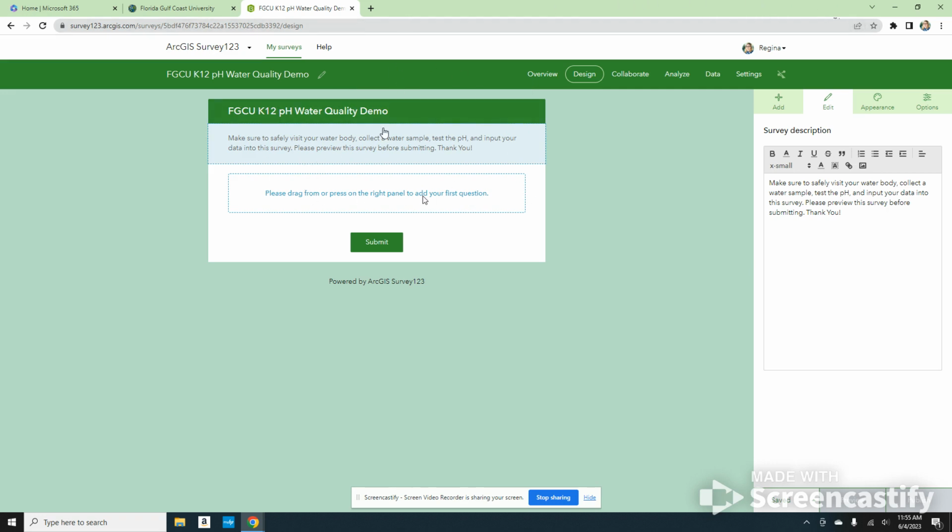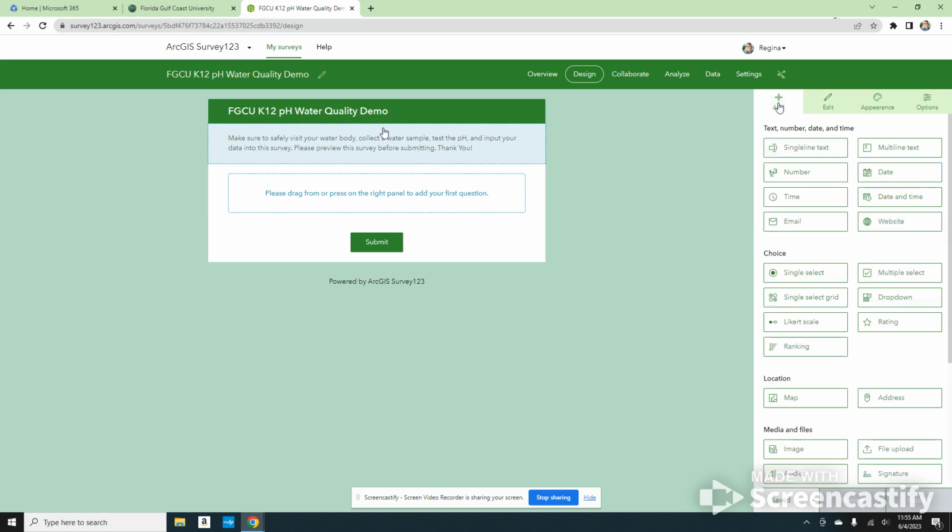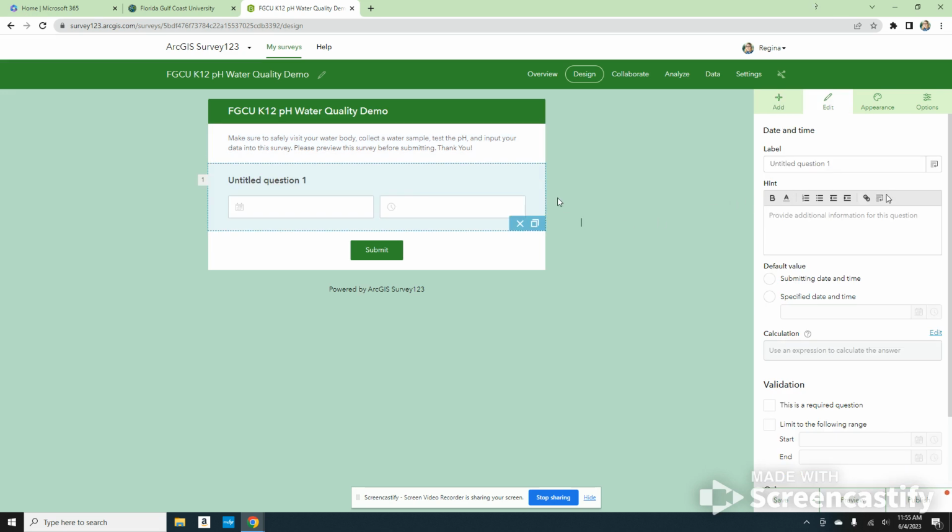We need to add question types. So we'll click on the add button over here. And for the add button, first thing I need is my date and time. And I want my date and time to be collected automatically from their device. There won't be errors of students inputting the wrong numbers or putting them in the wrong order. So I'm going to use the date and time version, and notice how it's always automatically untitled question 1. That will be very difficult to understand when you get a spreadsheet of all the data, what untitled question 1 was. So I'm just going to put in here date and time